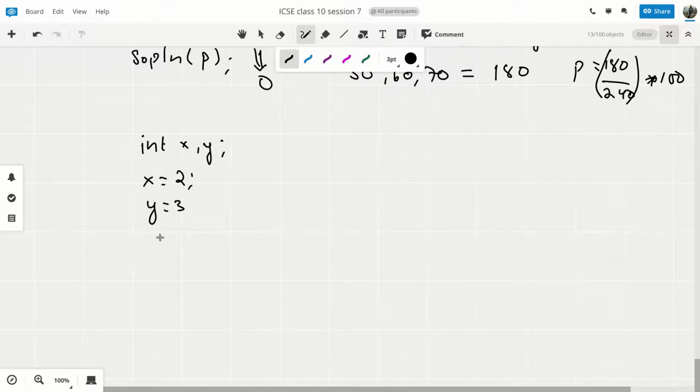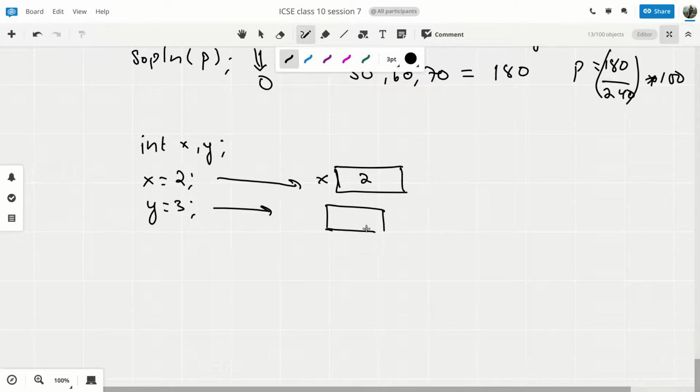So what we are going to do is, here if we are writing x equals to 2, what will happen in the memory? One random block in the RAM or random byte in the RAM will be accepted. That will be assigned the value of 2, and a label of x or the identifier x will be attached to it. Similarly, when this line is processed, y is equals to 3, another block in the memory will be labeled y, and the value 3 will be put inside it.